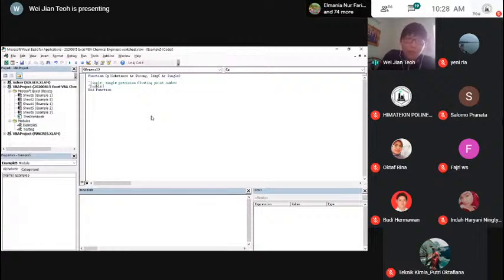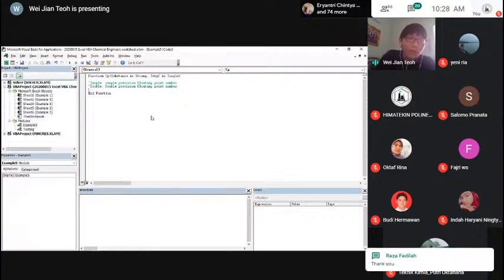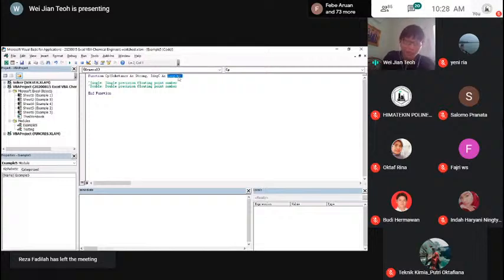So double is going to be double precision floating point number. The simple explanation is that the double is more accurate. Just to not go too much into computer science, because I'm not a computer scientist myself, I'm a chemical engineer also, I'm just going to tell you that double is more accurate. So I'm just going to put in double in this part.